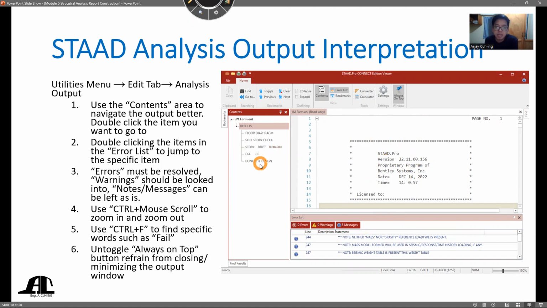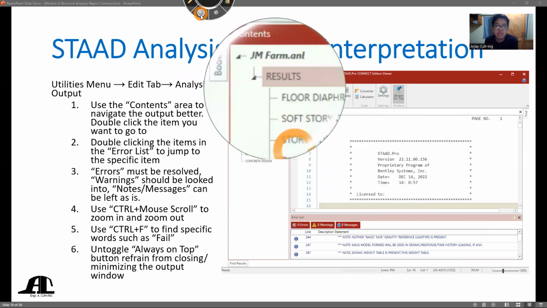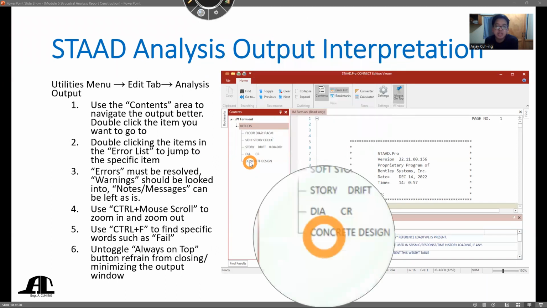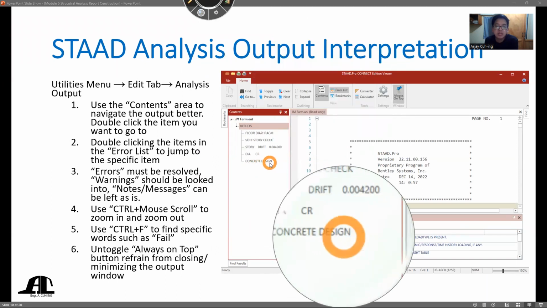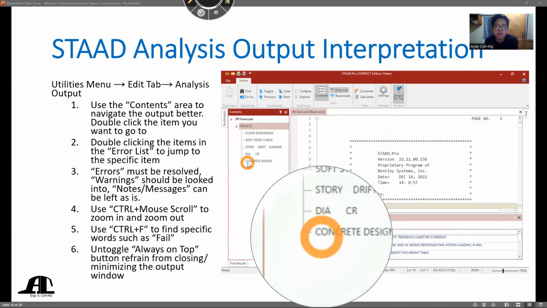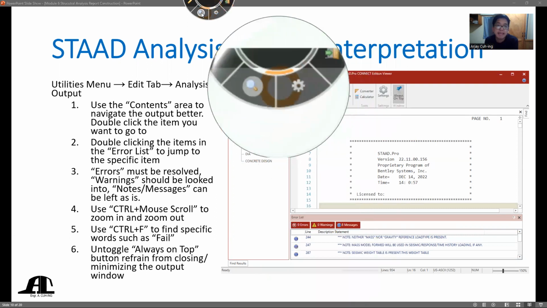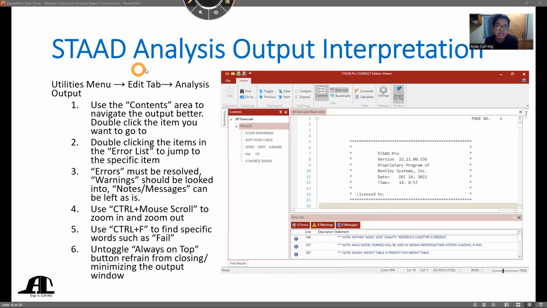Okay? Tapos syempre class, ang pinakamahalaga dito supposedly is what we call the design. Syempre, yun naman yung pinaka-check ng building official class, di ba? Supposedly, what came out from the structural analysis design should be the one reflected in the plan. Okay? So we have a little guidelines. First up, we can use class the contents area or the table of contents by double clicking any item,